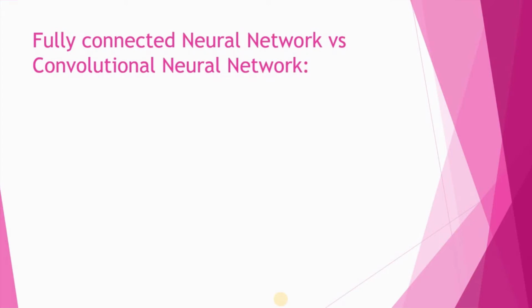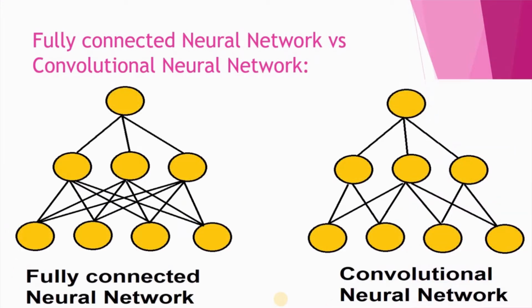So what is the difference between fully connected neural network versus convolutional neural network? If someone asks you about a neural network, then they usually mean fully connected neural network. And this convolutional neural network is a little bit different. So guys, you can see the figure here. In fully connected neural network, each neuron is connected to all previous neurons. So you can see here, this neuron is connected to this neuron also, this neuron also, and this neuron also. Like that, this neuron is connected again to this neuron, and this neuron. Means every neuron is connected to the next neuron.